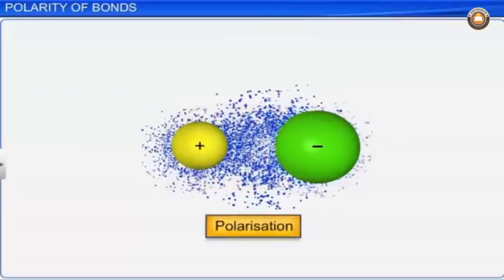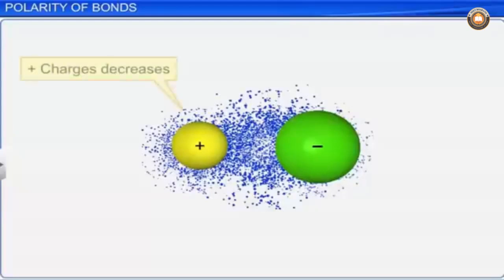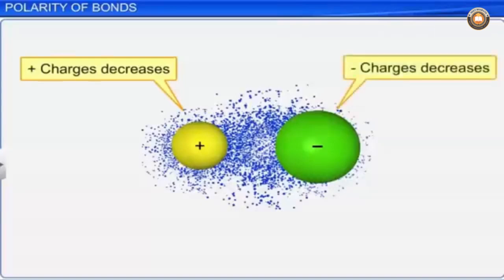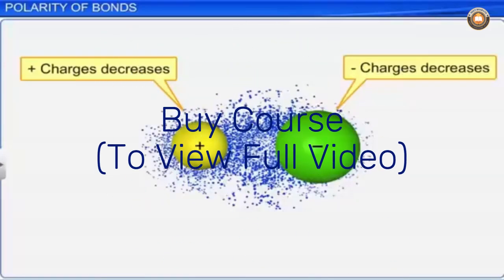The tendency of the anion to get polarized by the cation is called polarizability. As a result of polarization and polarizability, the positive and negative charges decrease on the cation and anion. This means that the electronic charge becomes more concentrated between the two bonded atoms, and